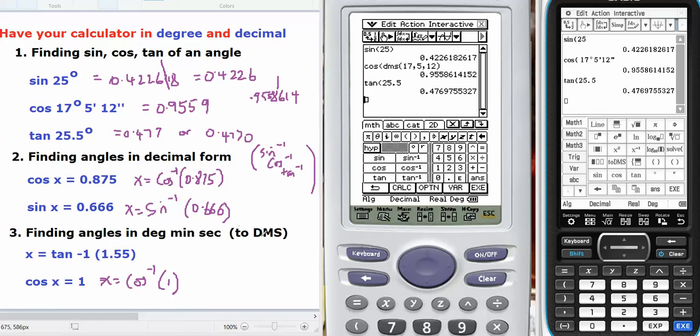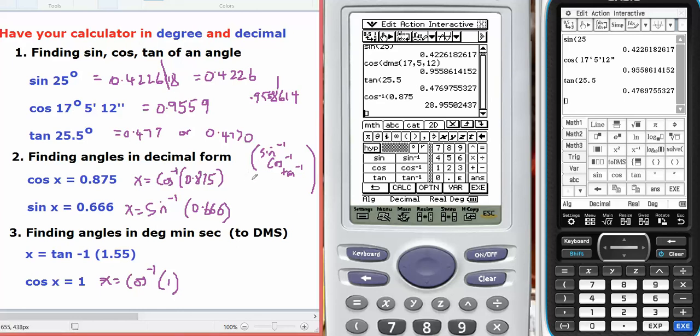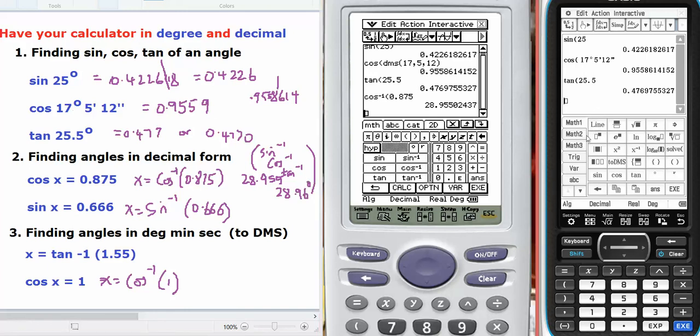So the first one, in decimal form. Inverse cos of 0.875, and that's going to equal 28.955. So my answer is 28.955, and if I was doing that to 2 decimal places, 28.96 degrees. And over here, if I go into Trig, there is my inverse cos, and it's of